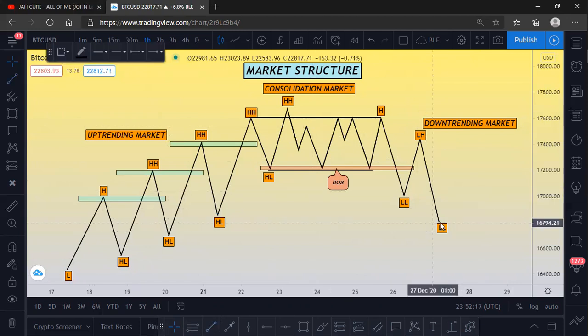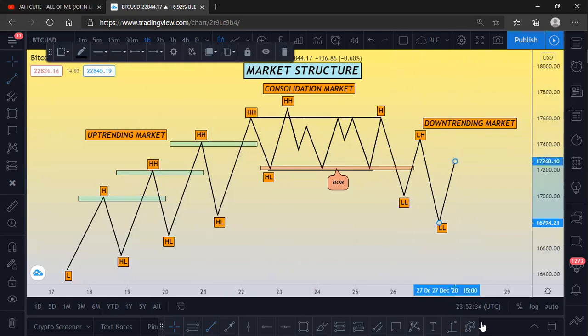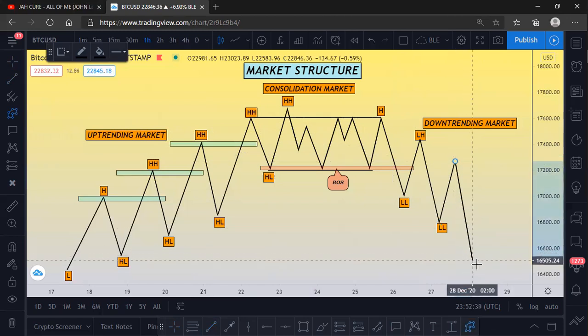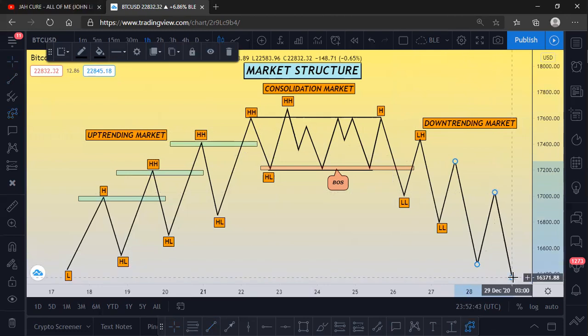Then we want to see what? Lower high. It should not go above this. The moment it goes above this and closes above, we've broken structure to the upside again. Understand? But then we want to see something like this. A new lower low formed, and then the new lower low comes down, breaks structure, then goes back up, comes back down, like this.